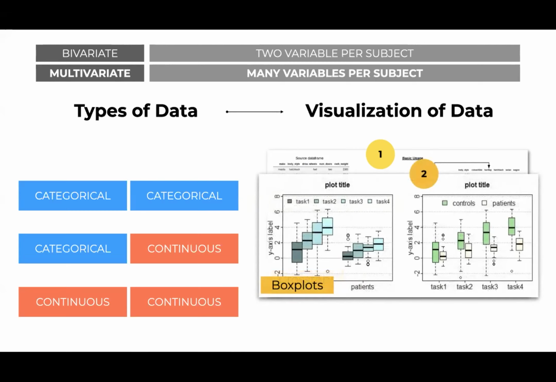The other way is you can compare categorical groups. So for example, different age groups, different sexes, different disease types. And then you can create summary of continuous data, for example, gene expression, to visualize it and make it